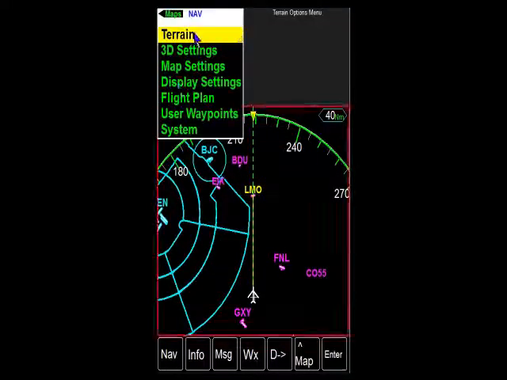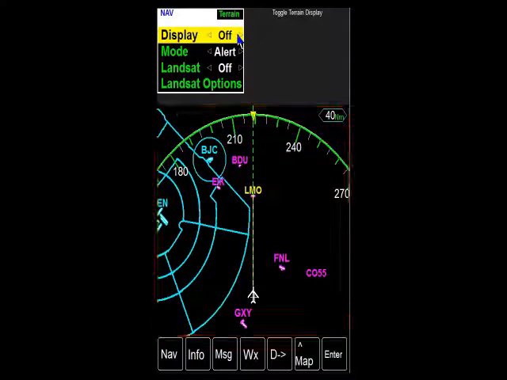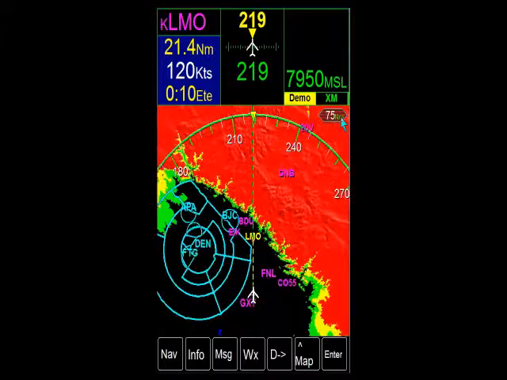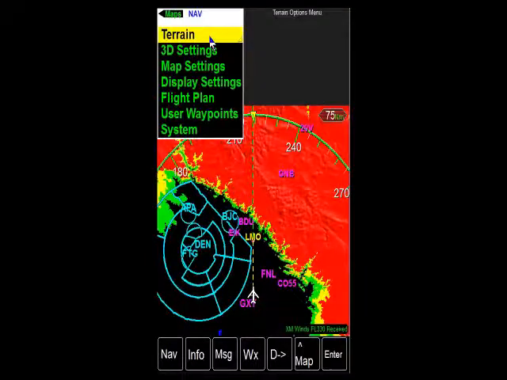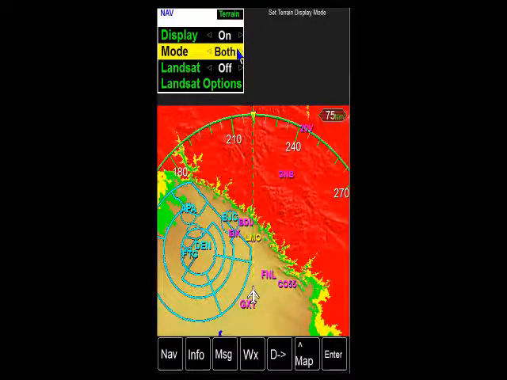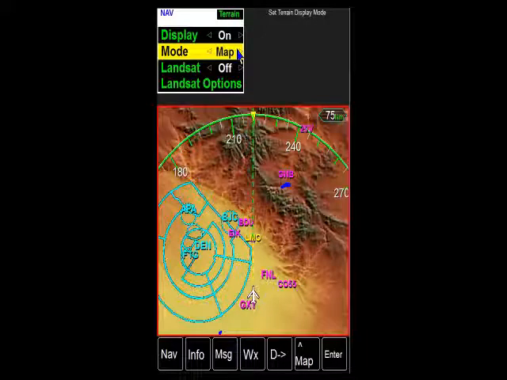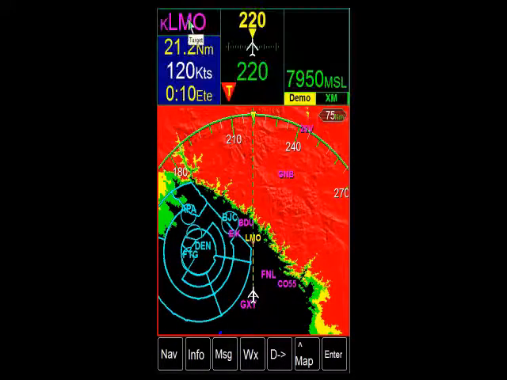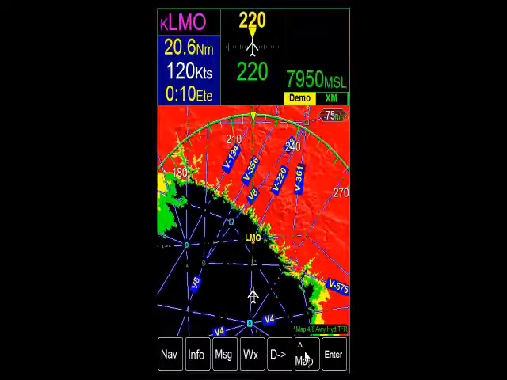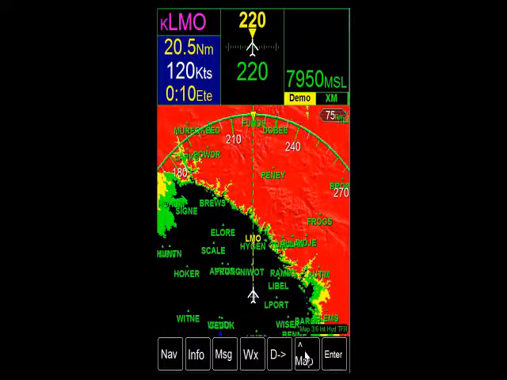And if you press the nav key and go into terrain, you can either display terrain alert. Right here it's all color coded in relation to your current altitude. Red, of course, being at your altitude. You can go right back in here and you can turn both the background map and the terrain alert on, or just the map itself. And of course, during all this, just by hitting the up arrow, you still can overlay any kind of navigational information on top of it,